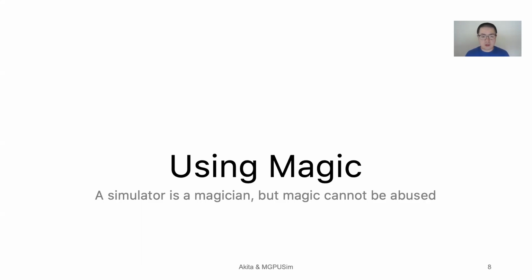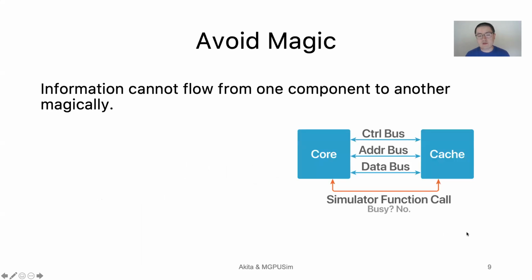So before we talk about when to use magic, let's clearly define magic. We define magic as information that magically flows from one component to another component. For example, if we have a core here and a cache here, they typically have some control bus, address bus, or data bus so that they can communicate through these connections. In a simulator, we should let the data communicate through these explicitly defined buses, data channels,